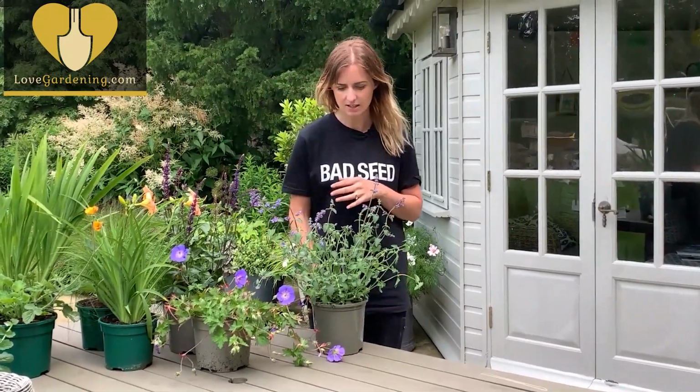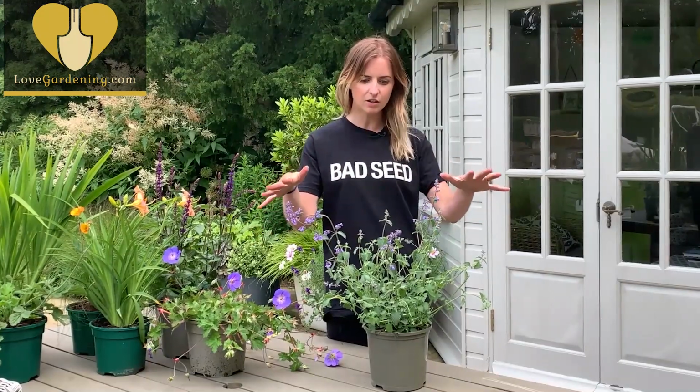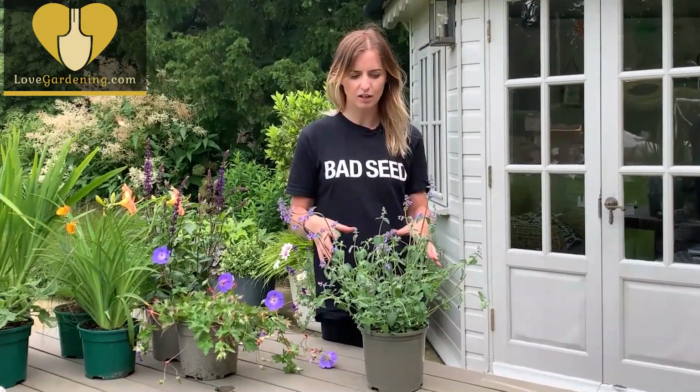The first thing is this, Nepeta. Now you can get lots of different varieties of Nepeta. This one is Walker's Low. It stays nice and compact. It really only gets to about 60 to 80 centimetres. It flowers lots and lots, it gets really nice and bushy, and once it's finished its first flush of flowers,